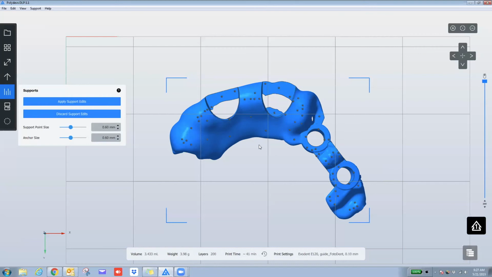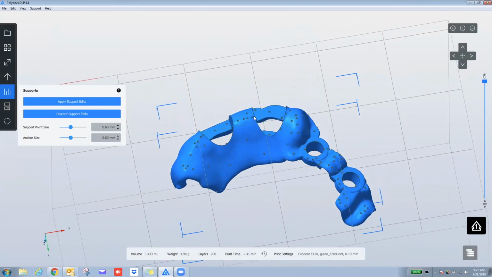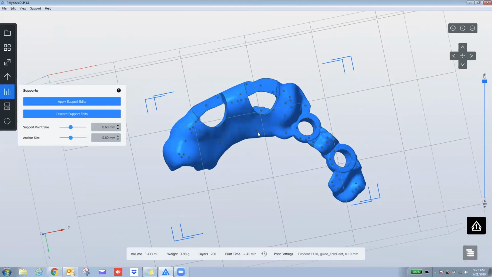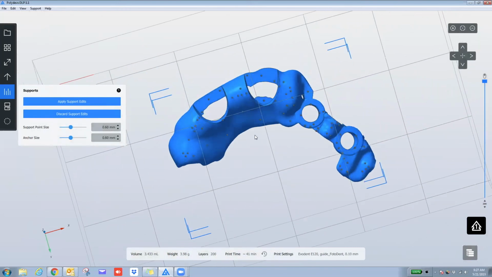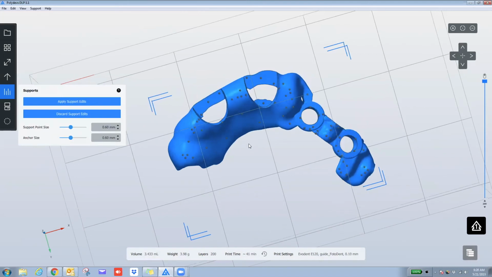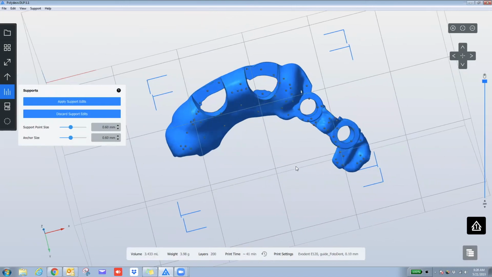I want to re-emphasize that the time it takes to remove a support from a successful printed surgical guide will always be less than the amount of time it takes to reprint your surgical guide from a failed print. Once we're finished going through the entire part and think that we have a successful amount of supports on our surgical guide,